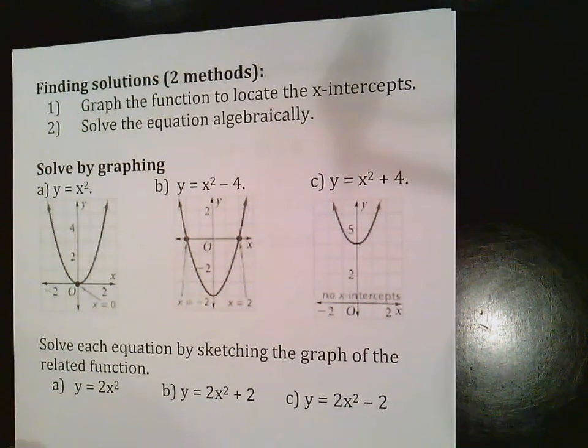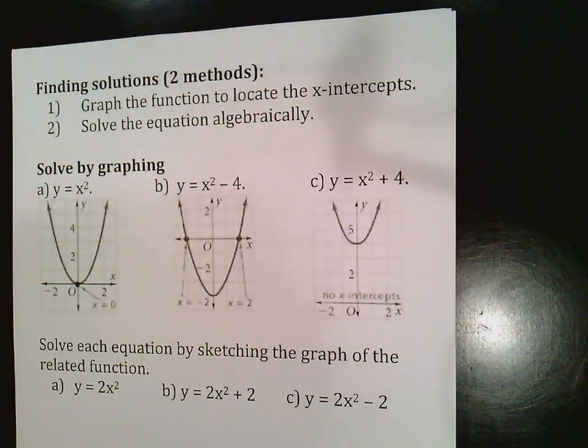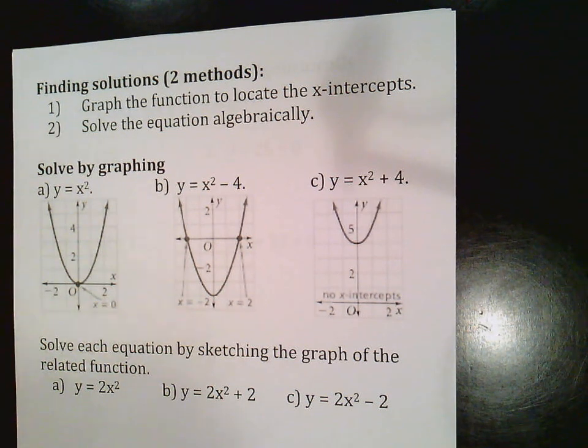There are two main ways to find solutions. The first is to graph the function to locate the x-intercepts. And then wherever the x-intercepts are, those are solutions. And then the other is to solve the equation algebraically. Those are the two ways that we can do it. Now, in order to solve by graphing,